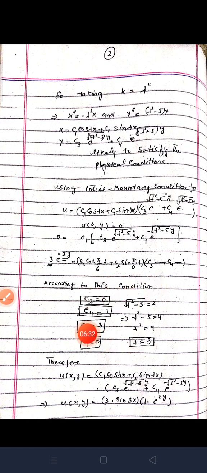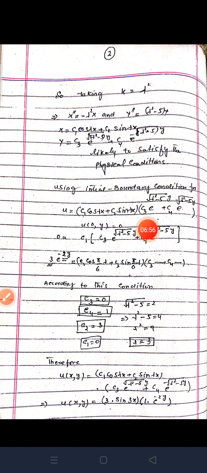We have to decide C3 is equal to 0, C4 is equal to 1, C2 is equal to 3, and C1 is equal to 6. If we decide these values, and we decide lambda square minus 5 is equal to 2, y is equal to 2, because this number,